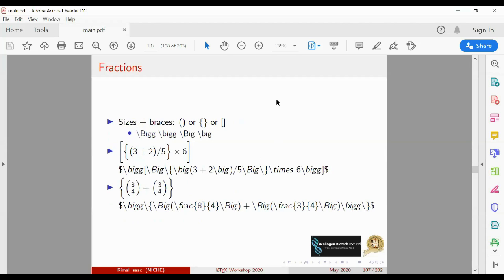Then next comes brackets. There are 4 types of brackets: a normal bracket, then a big bracket, then a little bigger one, and a very big bracket. So you can see, if I put the command /big and then a square bracket,